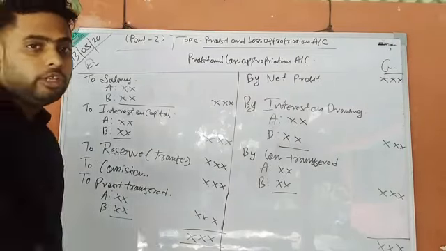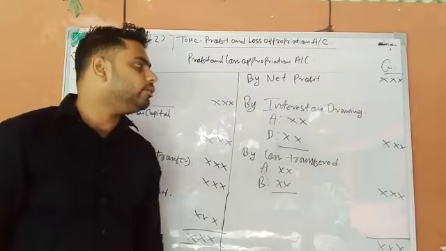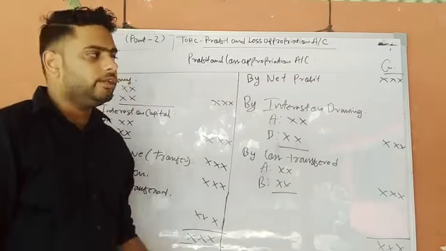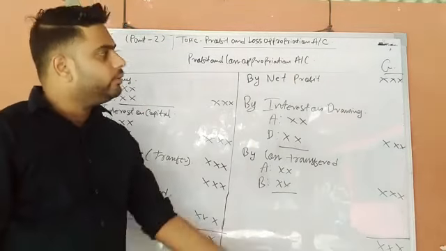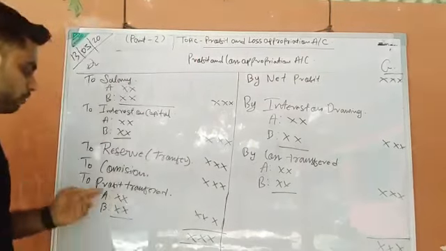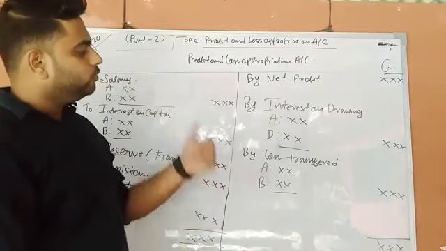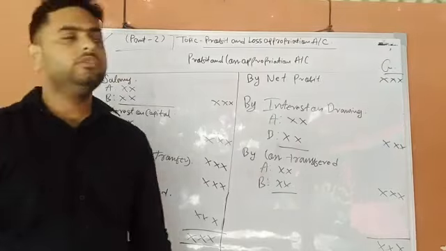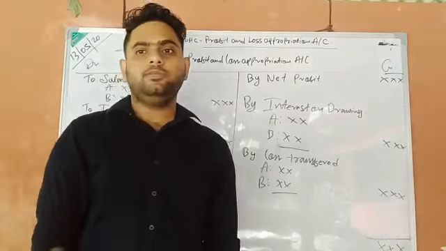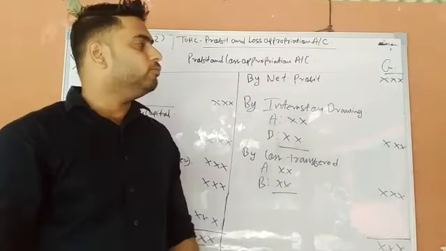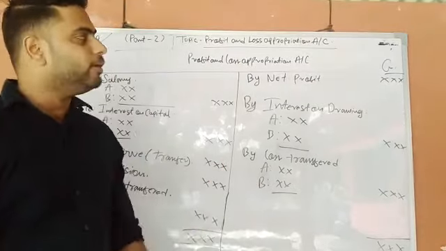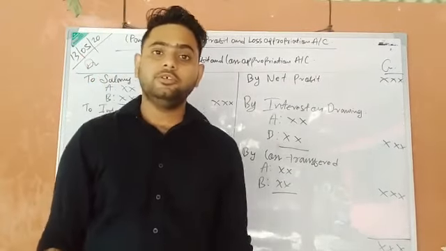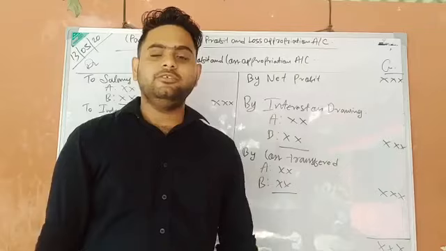On the debit side, all the expenses will come. On the credit side, all the incomes will come. And lastly, we have to tally. If the credit side is more, there will be profit, and if the debit side is more, there will be loss. This is simple, I believe. You might understand. In the next video, we will be solving more questions. This is the introduction part of the profit and loss appropriation. Hopefully, you will understand everything.